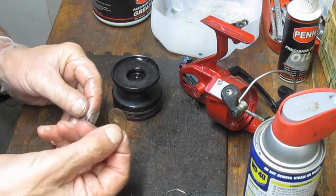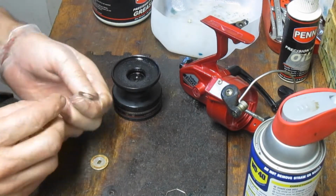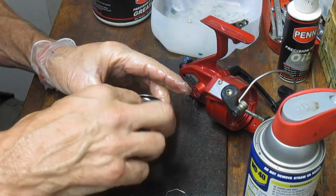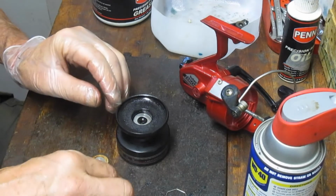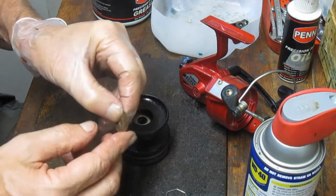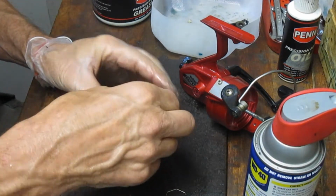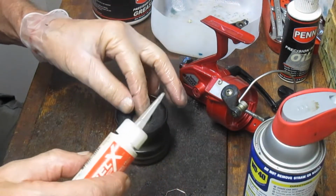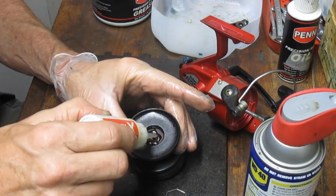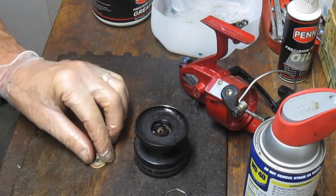This is a felt washer, interestingly enough, with a little bit of a bell washer or spring. That spring goes in first. The felt washer now needs to be flexible, and it is, so we're in good stead with that. You can put that in, and then what keeps it flexible is oil. So get some fishing reel oil. Kind of douse it pretty good there. And then we have this